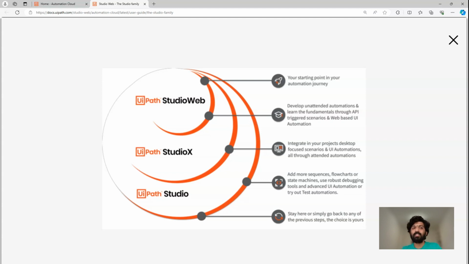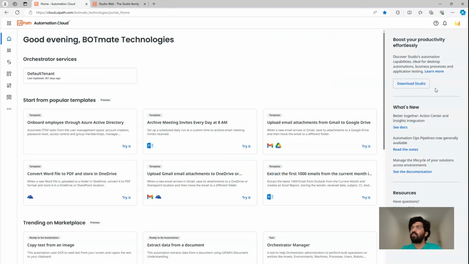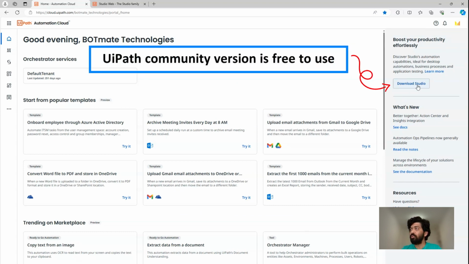Studio Web can be just the start of your journey, and whenever you are ready, you can advance to the next step by developing desktop based automations using UiPath Studio X. And advanced developers can unleash the full potential of UiPath using UiPath Studio, which you can download from your cloud account. So here you can download UiPath Studio, which is a desktop based application where you can build complex automations